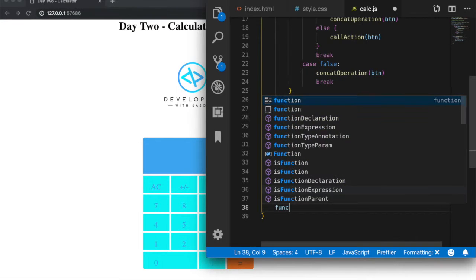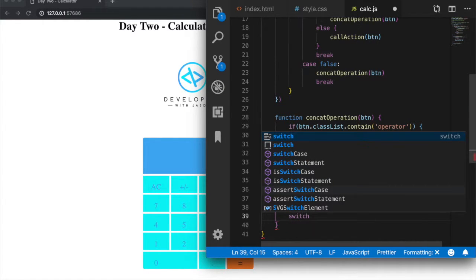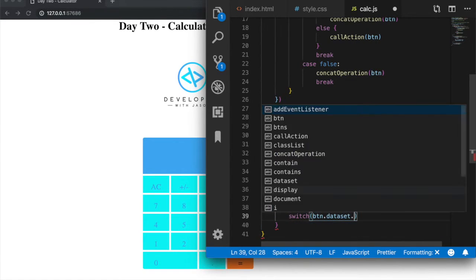So function callAction, and we're gonna give it the button also, and we're gonna run a switch statement from this one here too, because we want to test and see if the dataset has certain values, and if they do, we're gonna run a separate little function. So switch button.dataset.value,